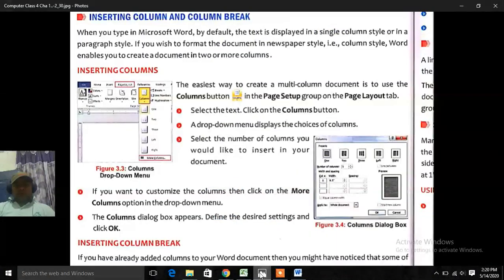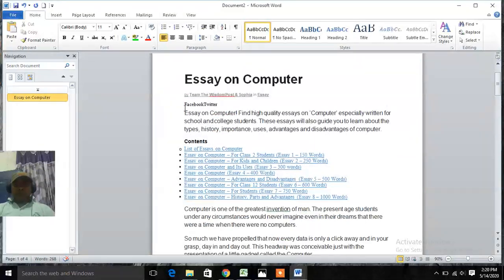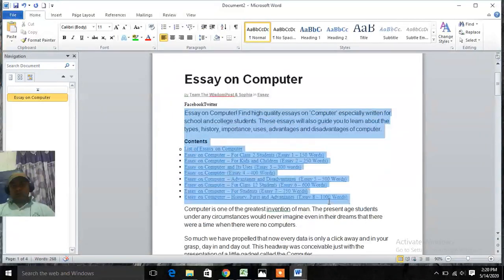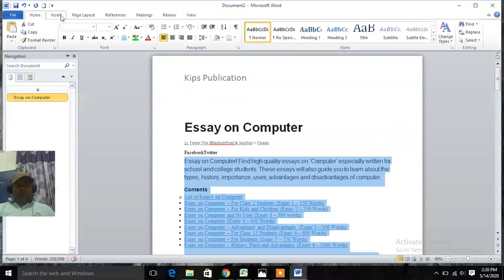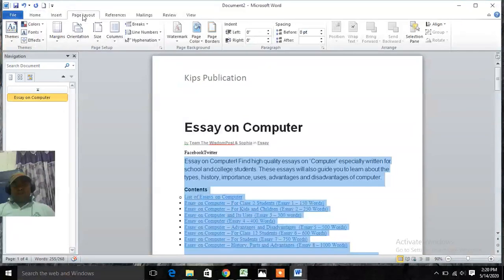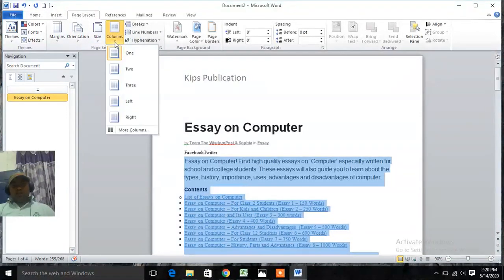So column, you can select the page layout and columns. Page layout option, column option.